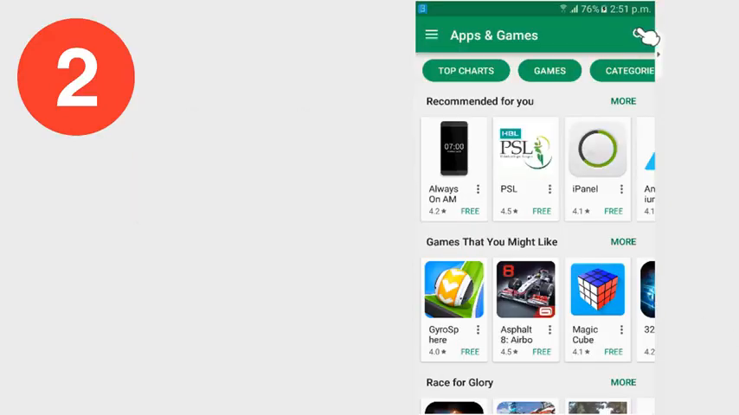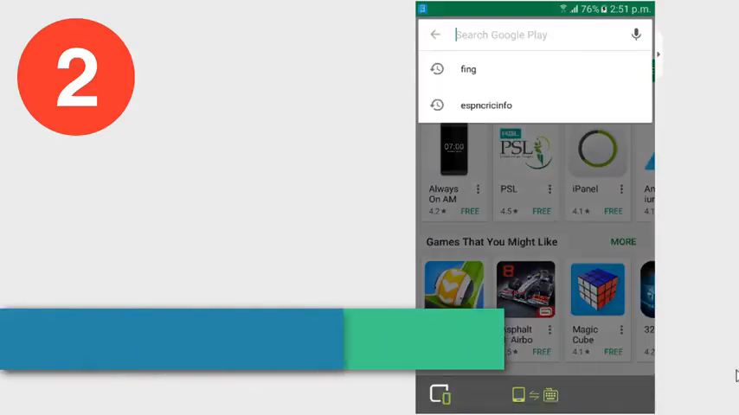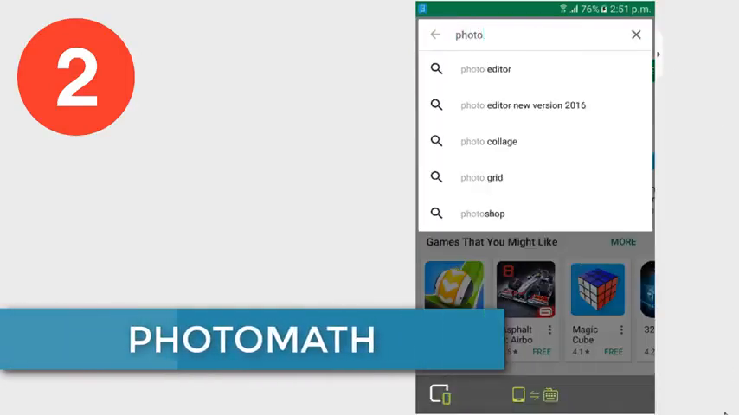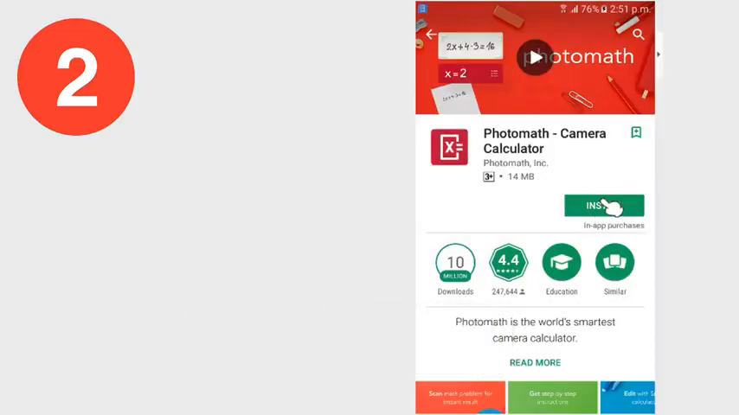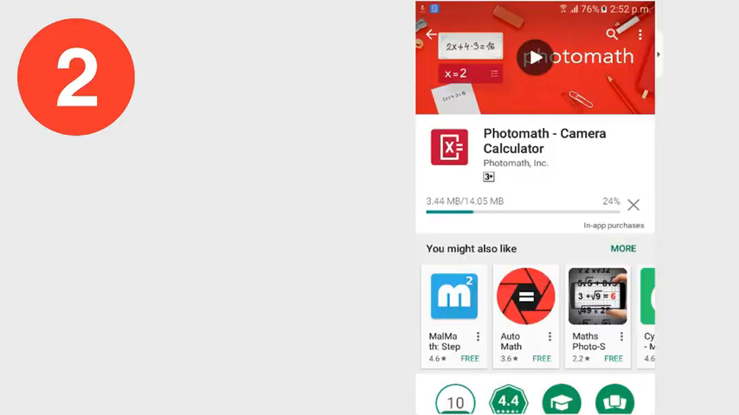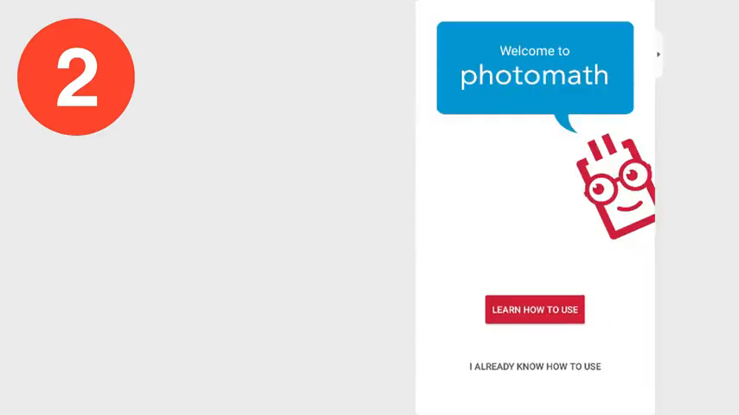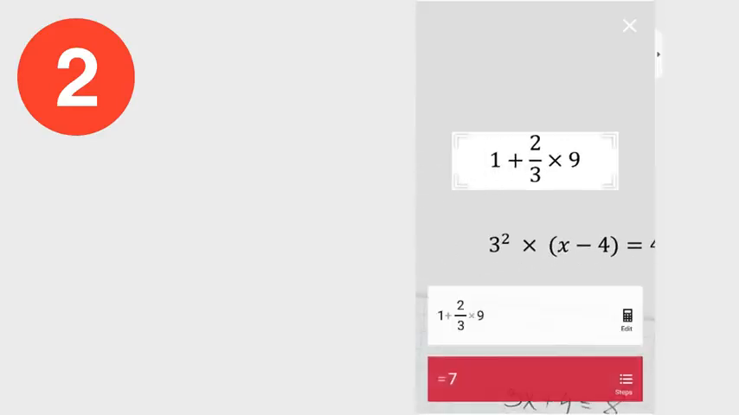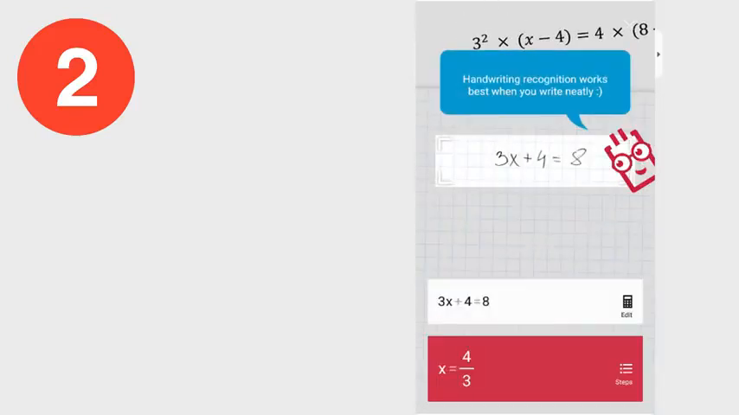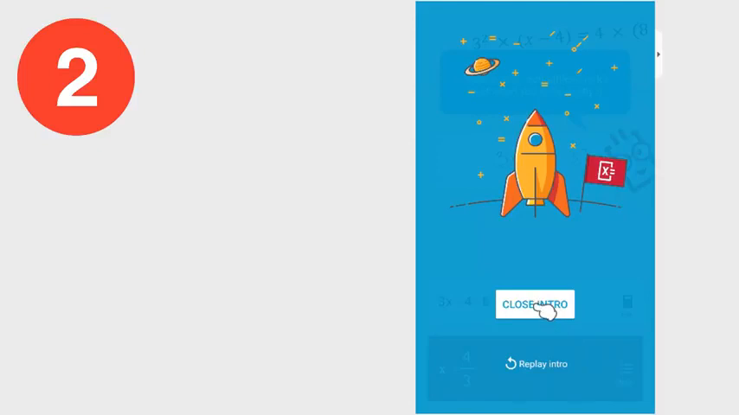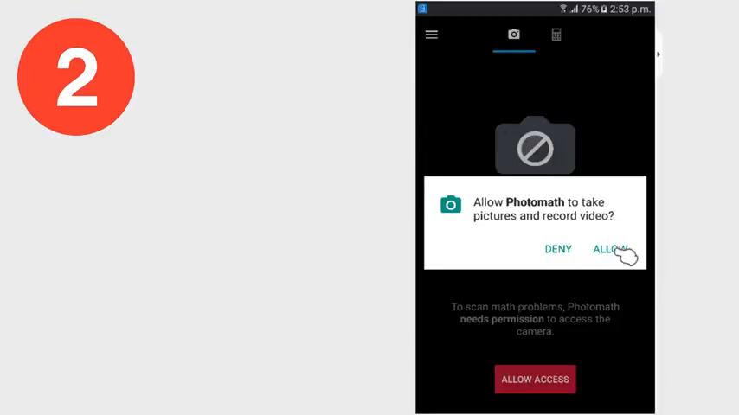Step 1. You need to go to Play Store and search Photomath. You need to install this app on your smartphone in order to solve maths using your phone camera. Once you install the app, you will be given a free tutorial on how to use Photomath for solving a problem. After following the tutorial, you will be redirected towards the main page of the app and you will see